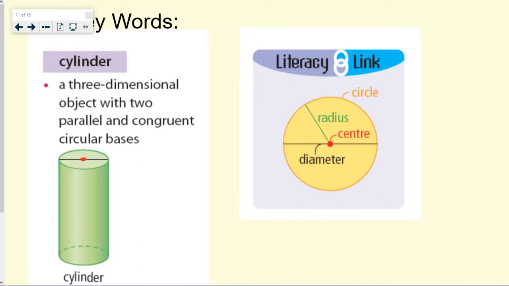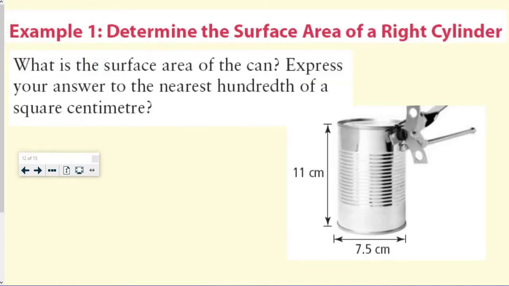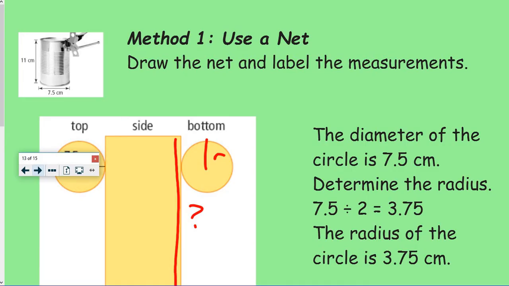From this circle, we know that we can get the radius. The radius goes from the center out, and the diameter is all the way across the circle. So if we're going to use this, example 1 is: determine the surface area of a right cylinder. First part, draw a net. So when we draw this net here,